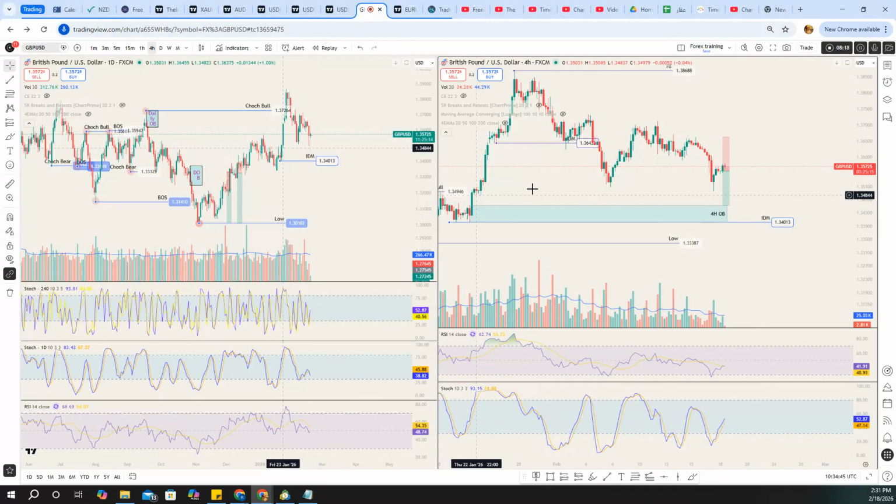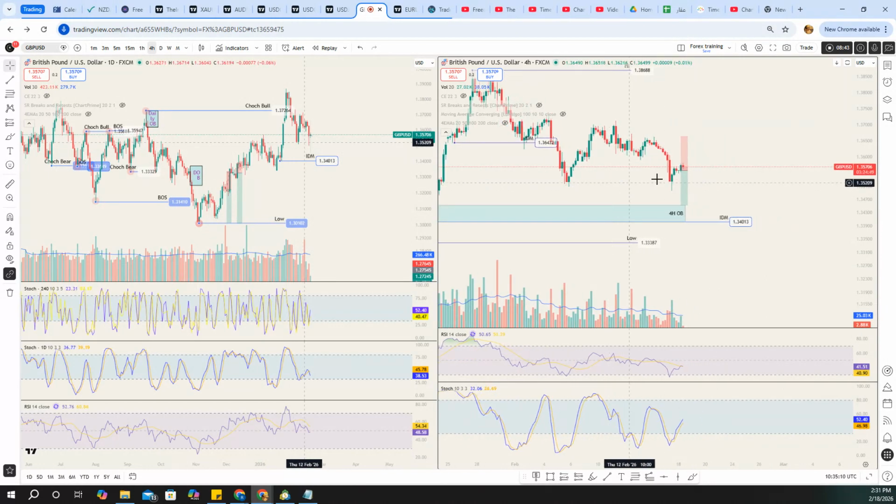So this is from a market structure perspective. Both of them are going up as market structure, but they need to take liquidity from this area. This is the area of liquidity that we are talking about, that we are assuming the price will come down to grab, especially from the daily inducement. And in both cases, if they do that, then we have our trade, our take profit taken. So let's look now at the RSI. Let's look at the stochastic.